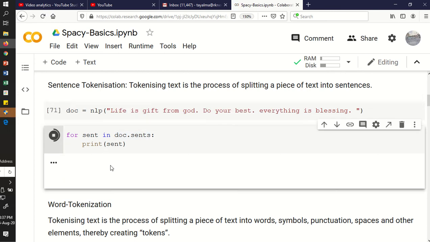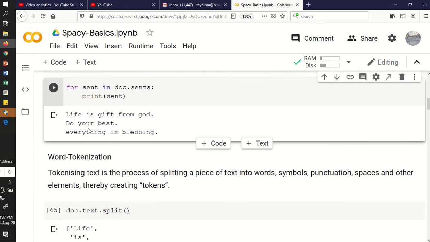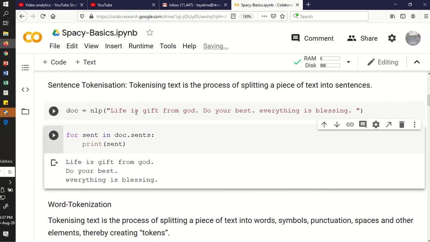Once you execute it, you'll get the output of whatever sentences we have provided here: Life is a good gift from God. Do your best. Everything is blessing. So now you get the three sentences.